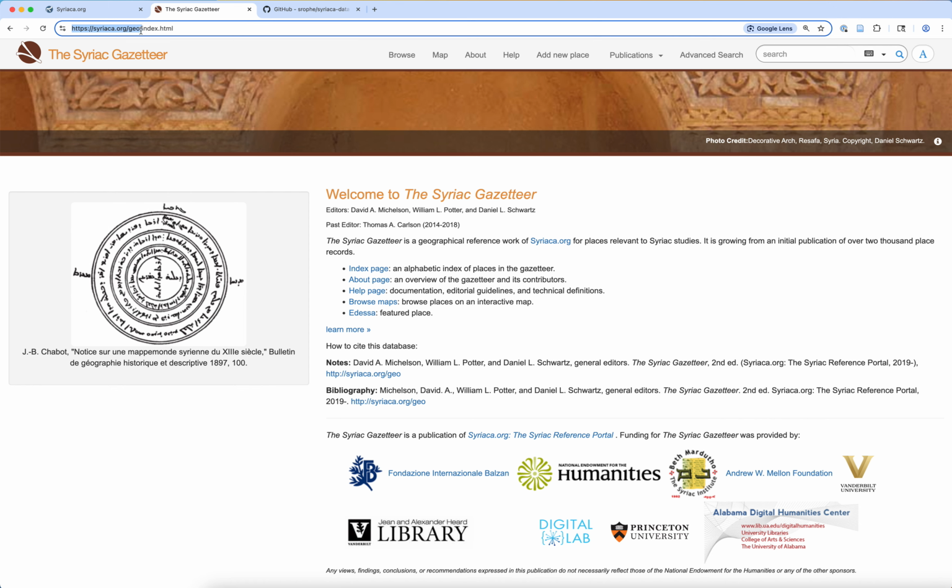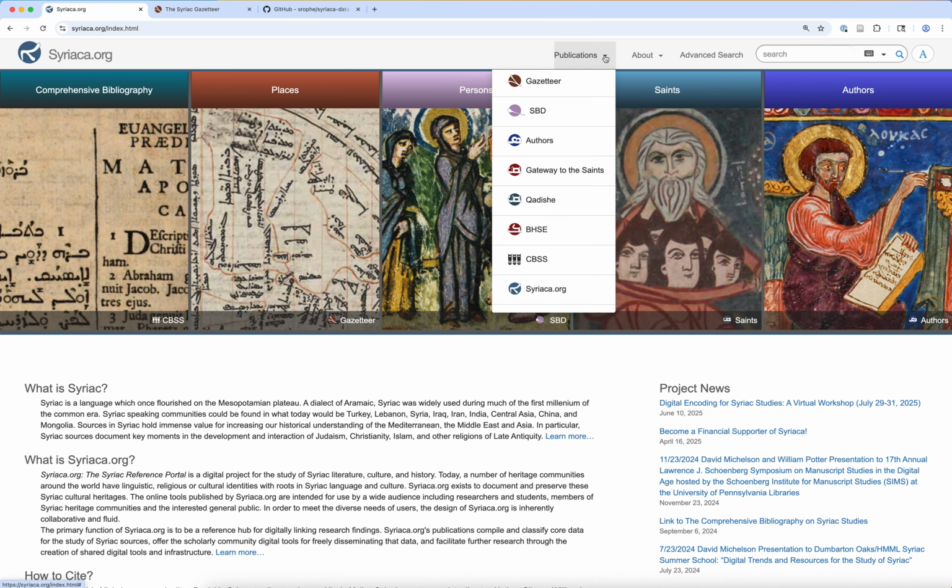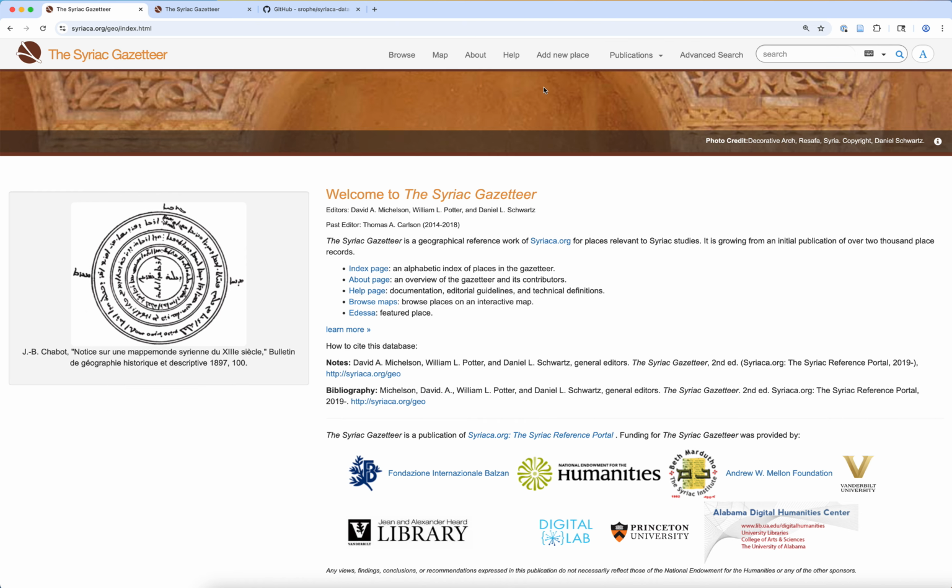Syriaca.org/geo. You can also reach it through the Syriaca.org homepage, as shown here, in a number of ways. You can click on Places, or Gazetteer, or see a list of all the publication modules of Syriaca.org here, and click on Gazetteer. On the Gazetteer homepage, you find a variety of introductory information about the Gazetteer, including a list